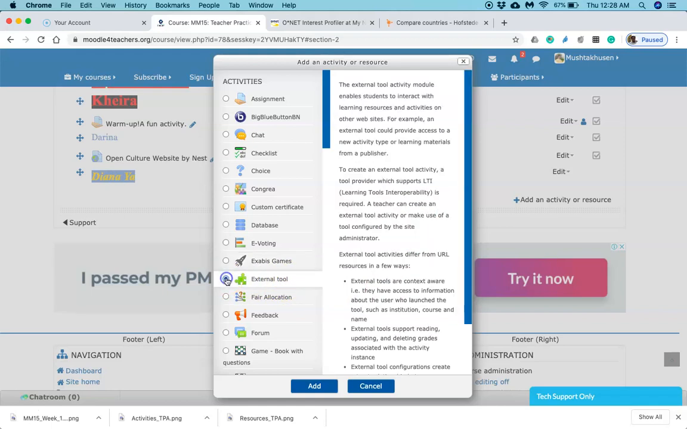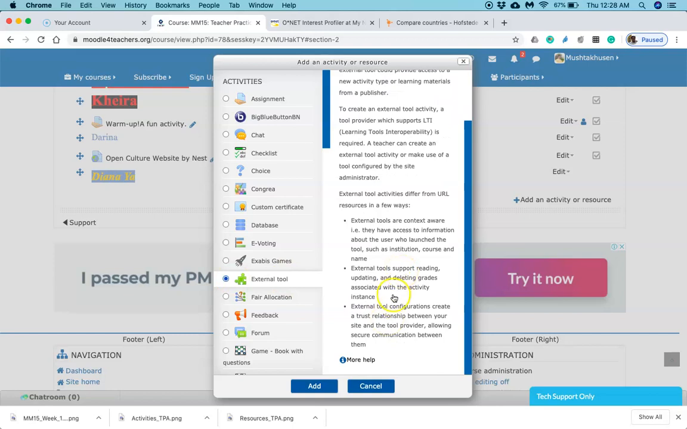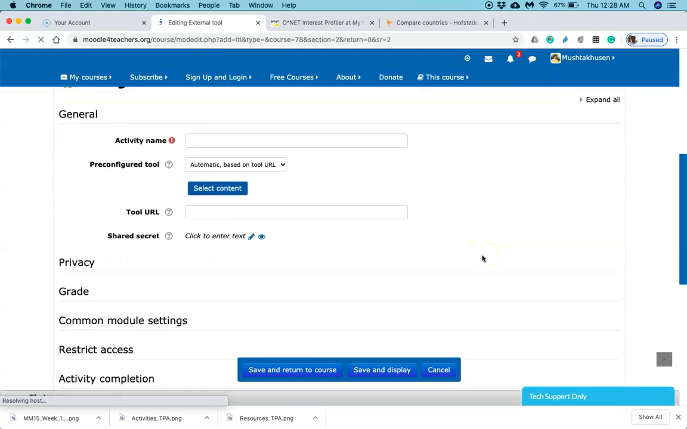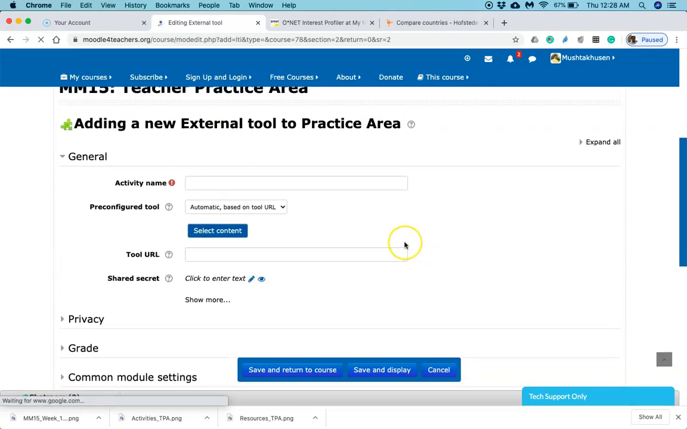Then we have got external tools. If you want to add any external tool, since I have been discussing cross-cultural communication, let me add one external tool. That is very interesting actually. Maybe it might help your students too. So let me add it to the teacher area. So here I go. Then what I can do is I can name that tool. For example, the name of the tool is O*NET interest